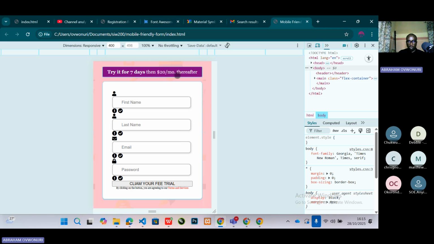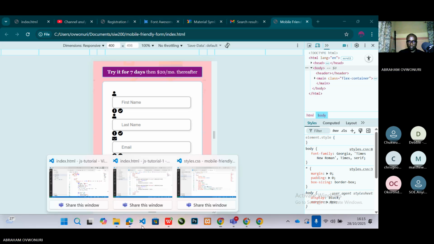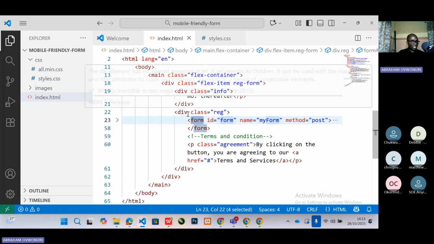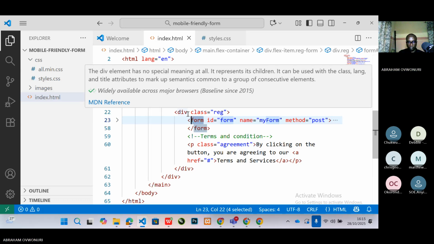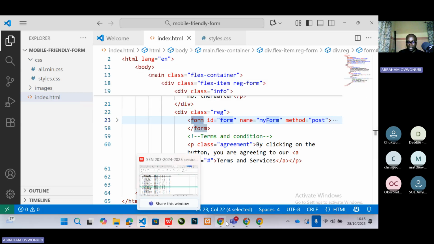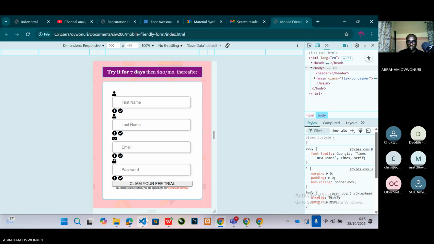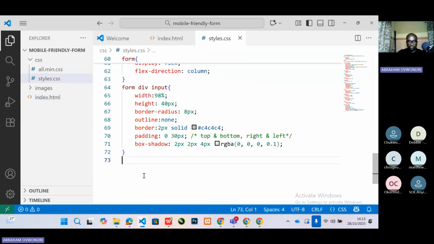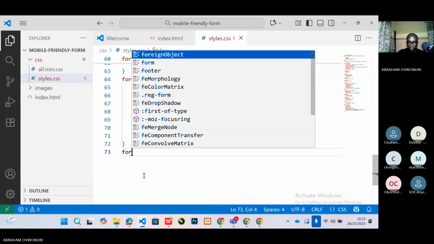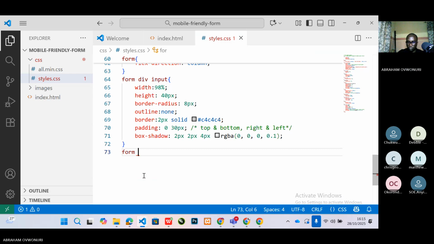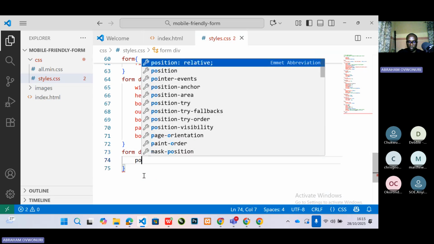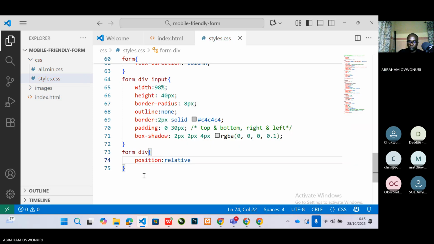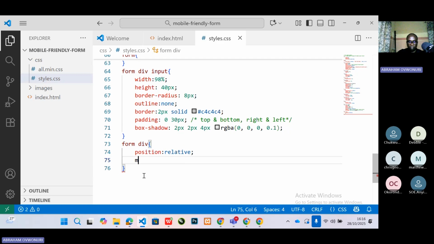So let's work on the form div, the form div that is inside the form, so that we can arrange these things that seem to be scattered. For us to do that, we come to our style and do form div, position relative, margin,